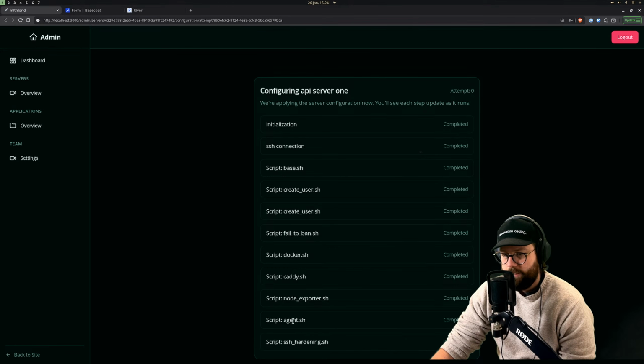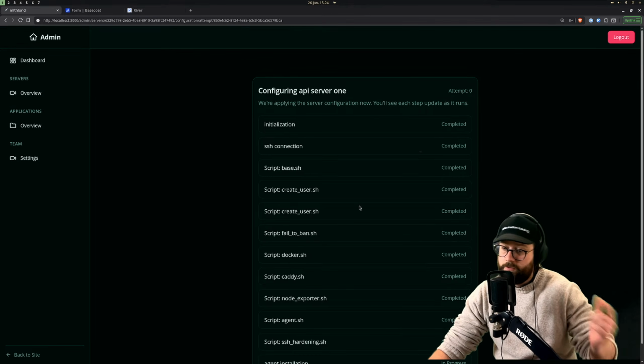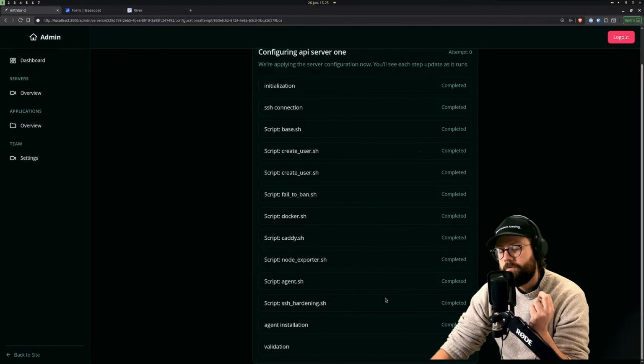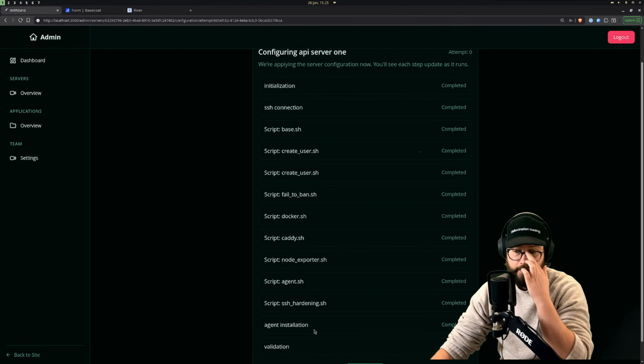Install my agent that we use to communicate through Meflon to the customer servers. Do SSH hardening, which basically makes it so that you cannot log in as root. We change the port and do a few things. We install the agent, so this is just a Go binary API that's running. Then we do some validation: after we have installed the agent, we restart the server, we SSH into it, and we validate that the agent is running,